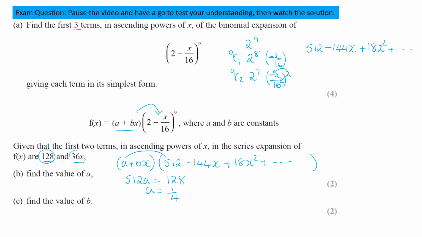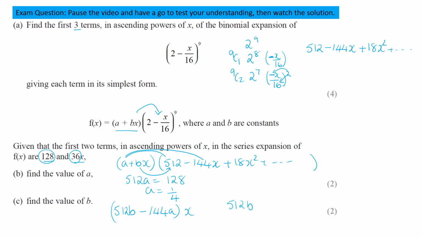Now 36x is the coefficient of the x terms. You're going to get some x terms when you multiply the a times the minus 144. That will give you a single x because a is just a constant, but you're also going to get an x term when you multiply these two pairs together. So we're going to have b times 512 minus 144a. They're all going to be what's going to be in front of x, so it's going to be those times x. So we already know that a is a quarter, so